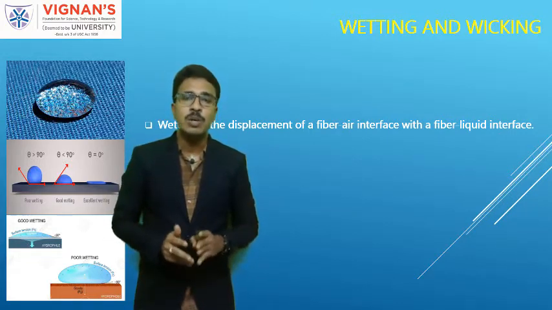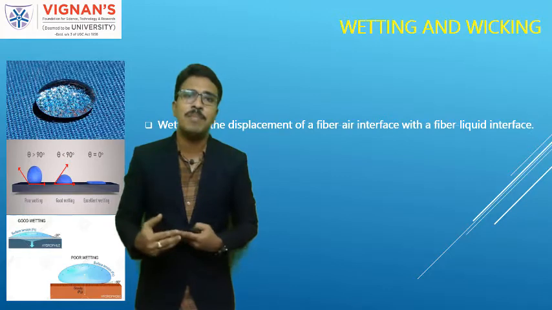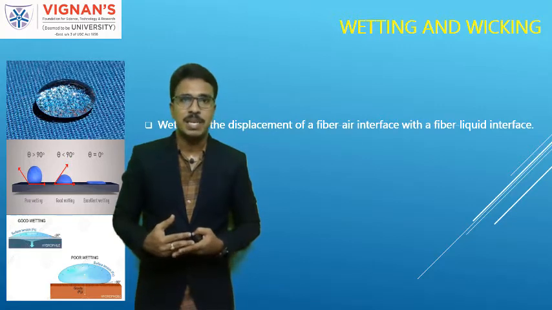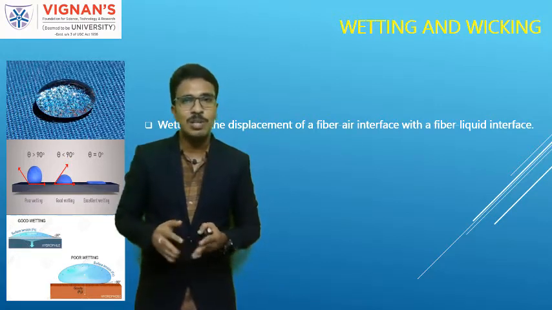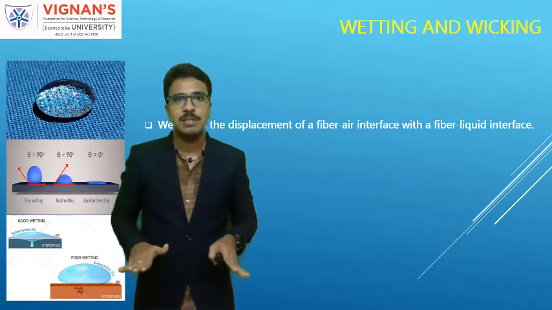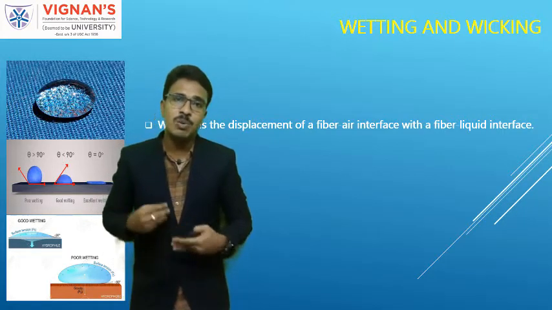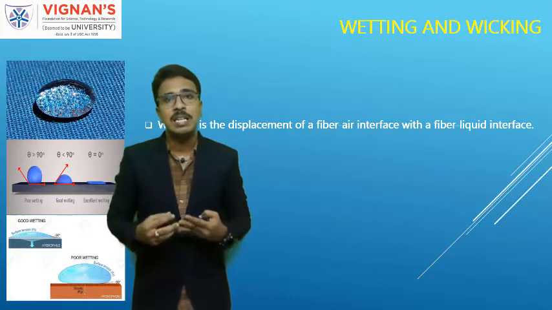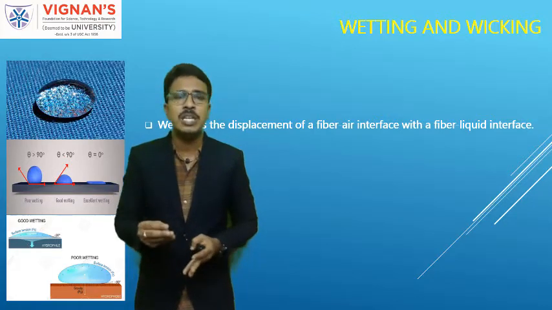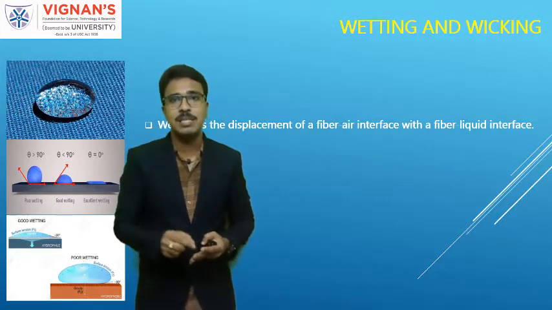Understand? Now, in the process of getting water repellency, we are subjecting the fabric to different finishes, different chemicals. After applying the chemicals onto the fabric surface, some of the characteristics of the fabric are going to be influenced, going to be affected. In order to understand the different aspects of these water repellency finishes, one should first understand what is wetting and what is wicking. Why? I'll tell you why.